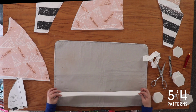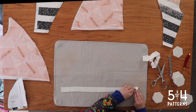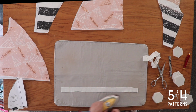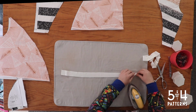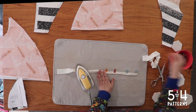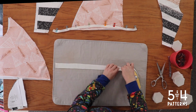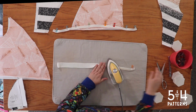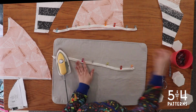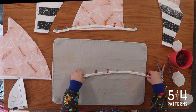All right, here it is. Isn't it pretty? Okay, so the first thing we're going to do is fold it in half and press it. Like a hot dog, we're going to fold it long ways. All right, so let's take one of our